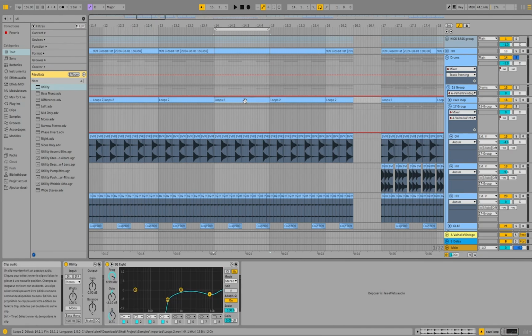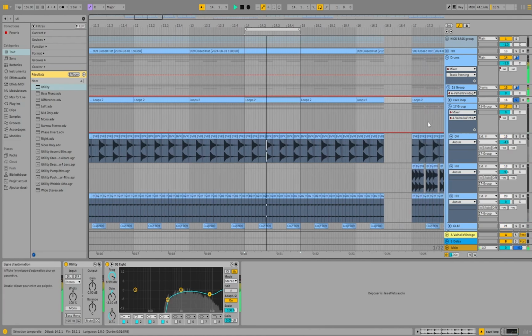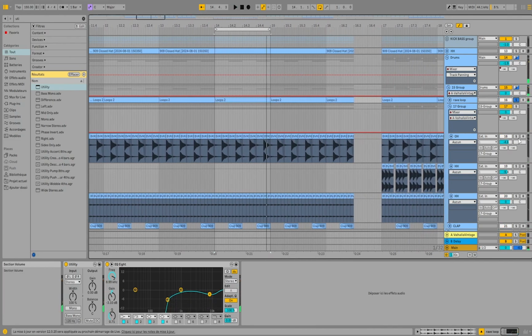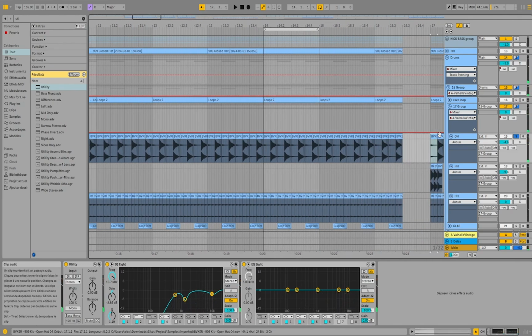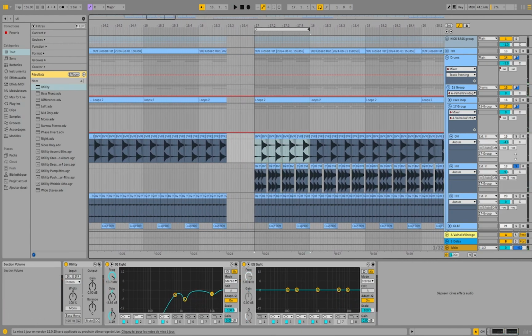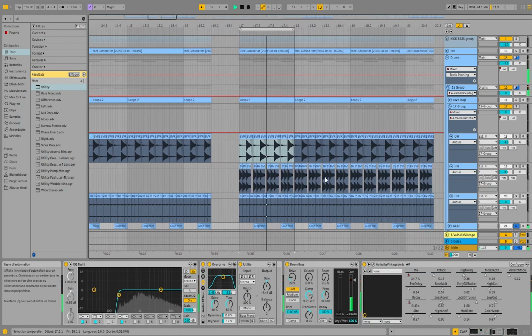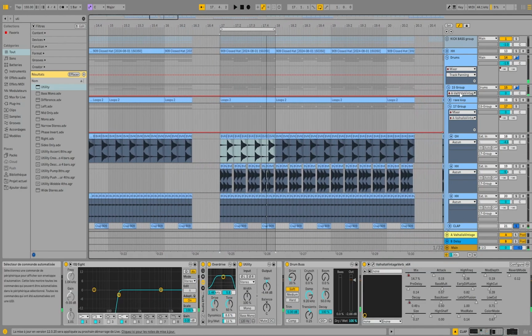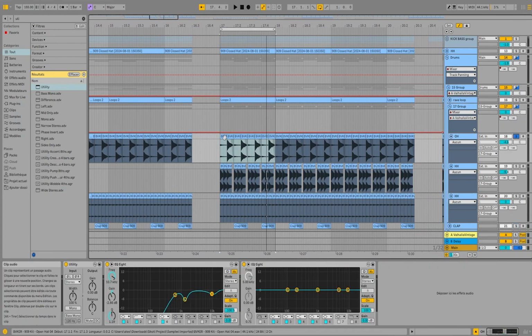So here I have this drum layer. And to make this, I have several layers. So I have this rave loop. I have an open hat. Here I have also a hi-hat. Then I have another hi-hat and a clap. And to make this, first we're going to see the open hat. So this is just